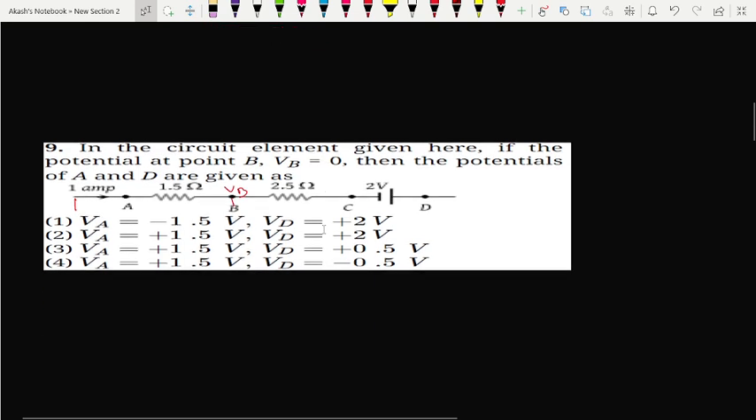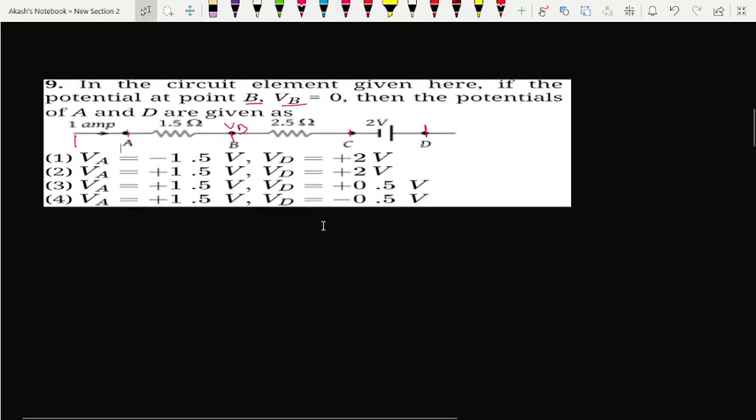Now coming to the next question. First read the question. In the given circuit element, if the potential at point B, VB, is equal to 0, then the potentials of A and D are given by. This is B, this is C, this is D and this is A. We can apply Kirchhoff's voltage law. According to Kirchhoff's voltage law, KVL,